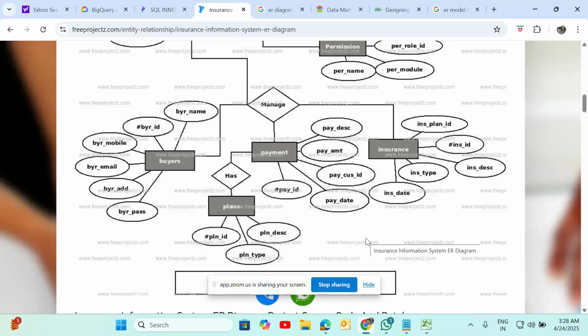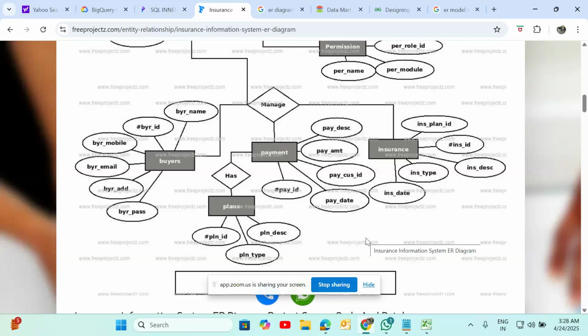In this scenario, what dimensions can we utilize for payment, insurance, plans, buyers? Dimensions are categories, basically, right? Yes, category. There could be some dimensions that are categories, some that are not.